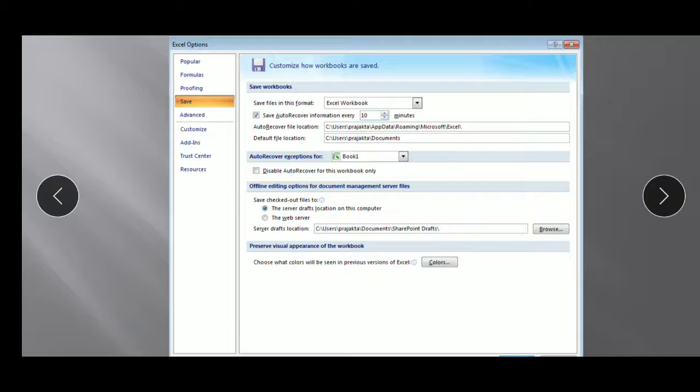You can go to the AutoRecover option and save the work you had completed before the electricity went off, and that can save your operation.